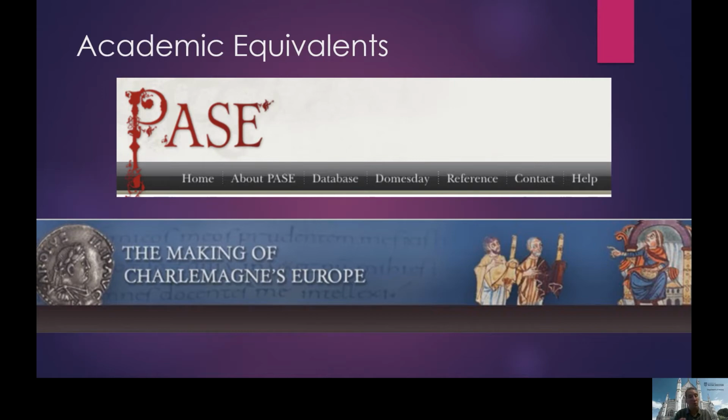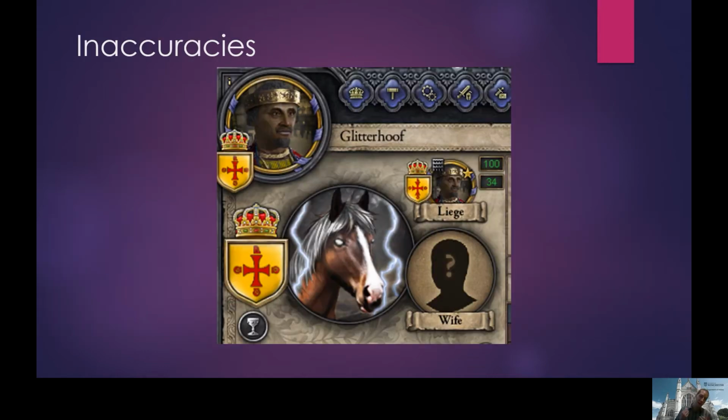There are a lot of surface similarities between the databases produced for these projects and the one used within Crusader Kings. What's the difference though? The difference between the database in Crusader Kings and these academic databases is Crusader is rife with inaccuracies. There are a huge number of details within the Crusader Kings database which are either incorrect or we simply cannot know. There are characters who didn't exist. And this has been one of the main reasons why games have typically been rejected as potential academic tools for